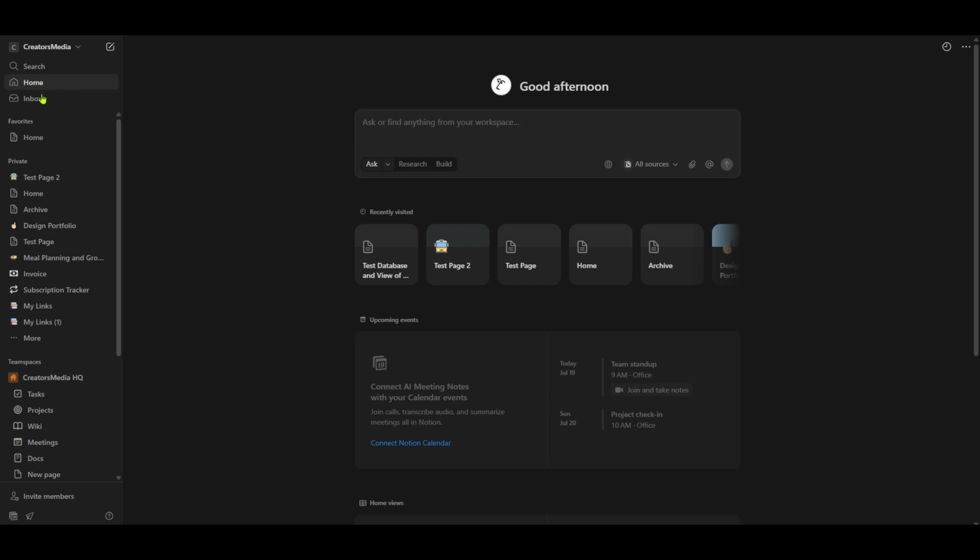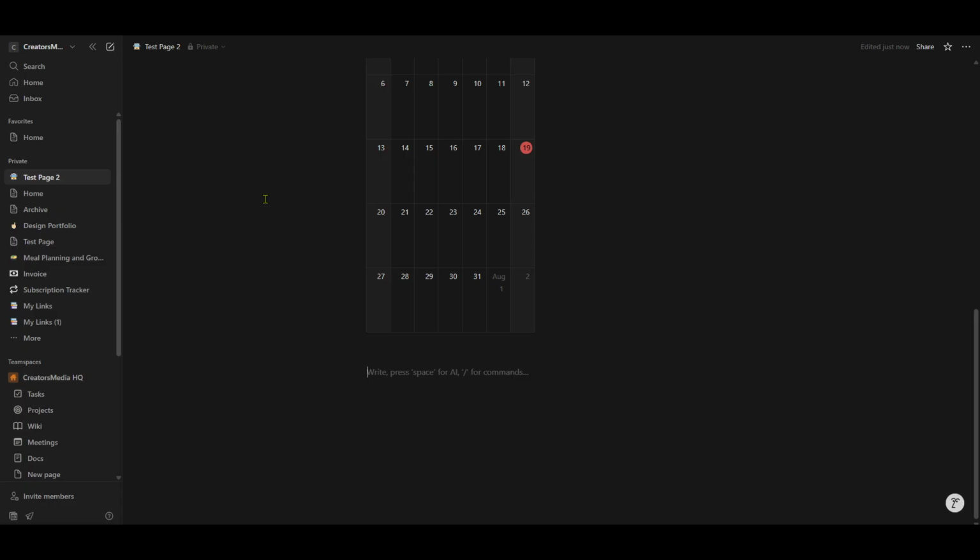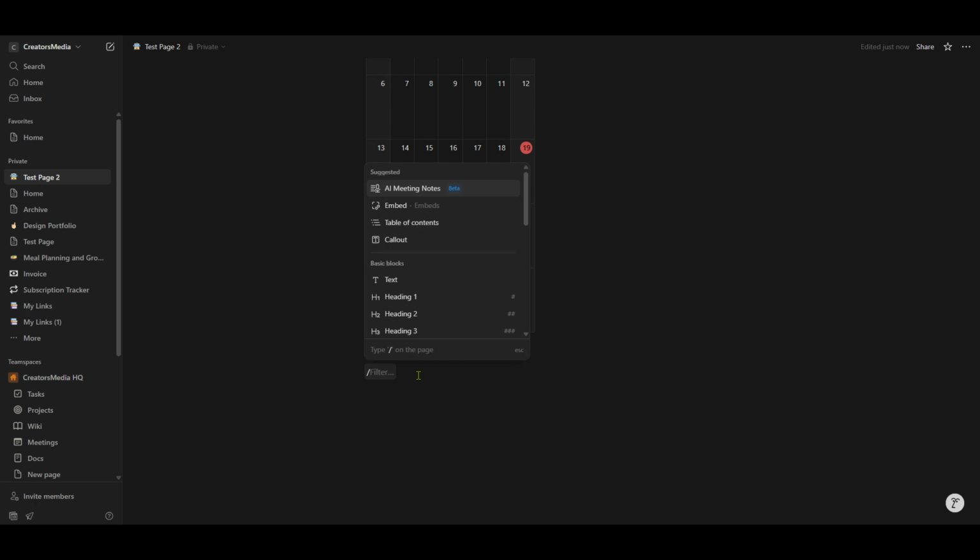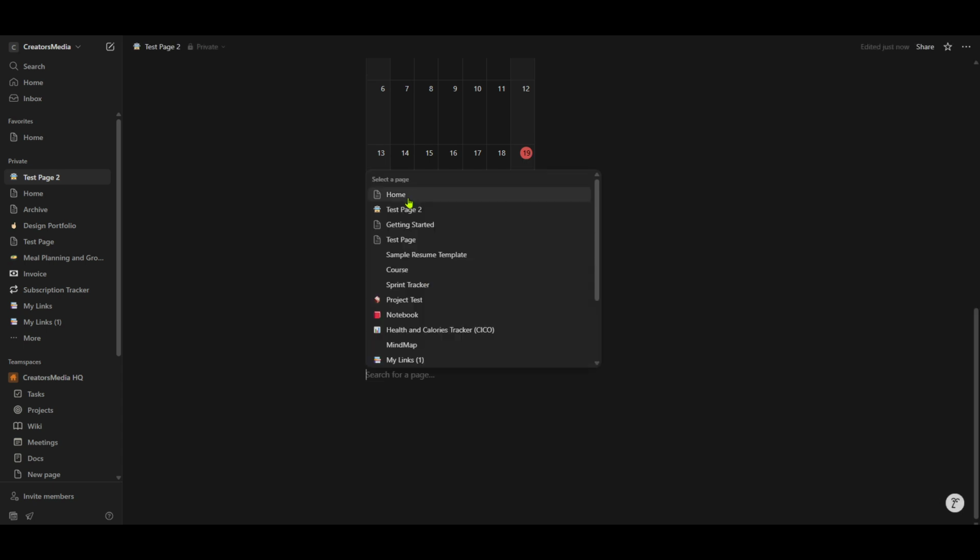Now, this is where the magic happens. Inside your selected page, you are ready to create a link to another page. To do this, simply type the command "link to page." This command conjures up a prompt or search box that allows you to find any other existing page within your workspace. It's a convenient way to interconnect your content and make navigation seamless for anyone viewing that